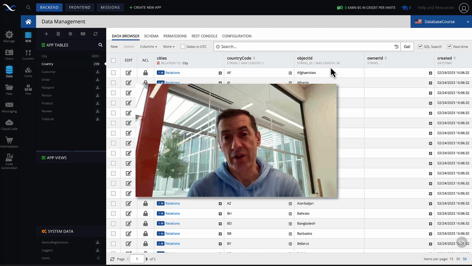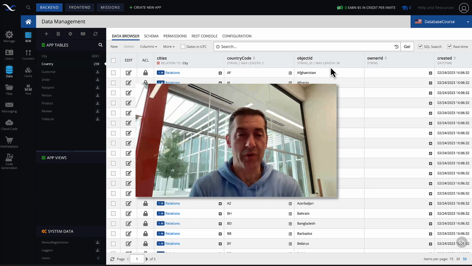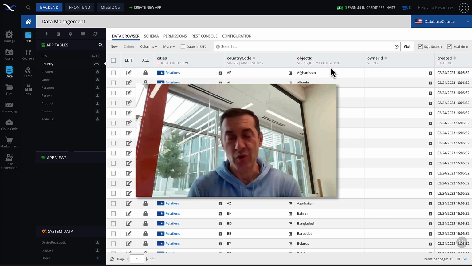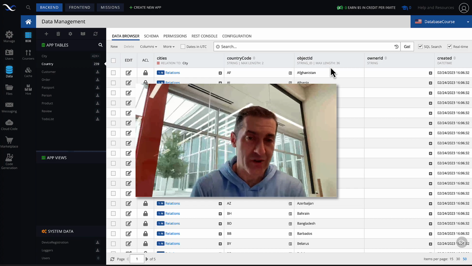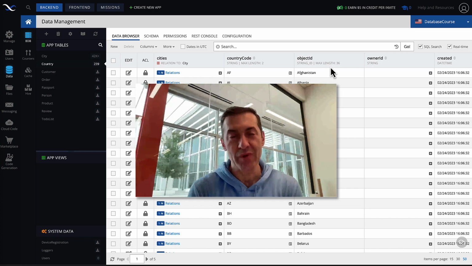Indeed, unlike one-to-one relation, where we have one entity related to another entity in a one-to-one correlation, with one-to-many, it's pretty clear that for one entity of one kind, you have a collection of other related entities, just like we have, for instance, with country and cities, where country would be in the country table and all the related cities would be in the city table.